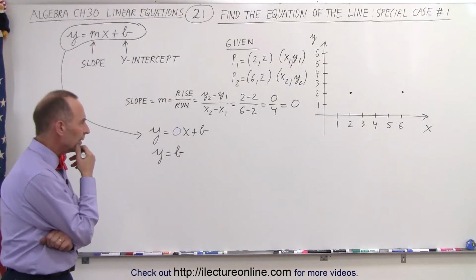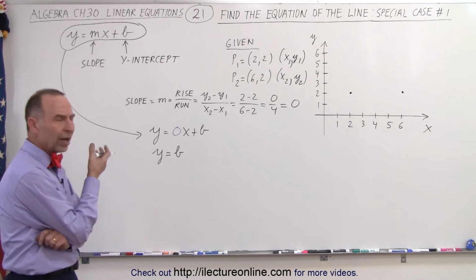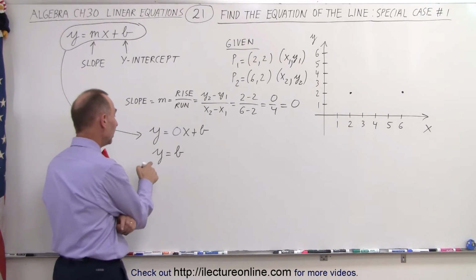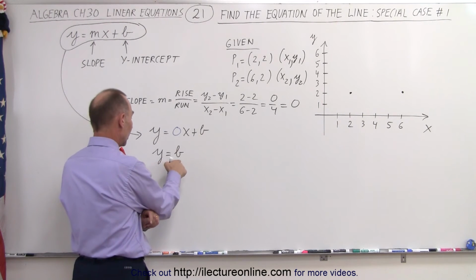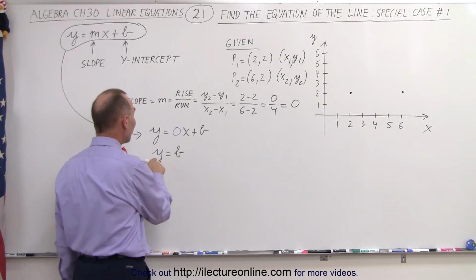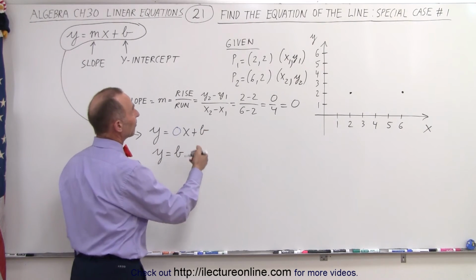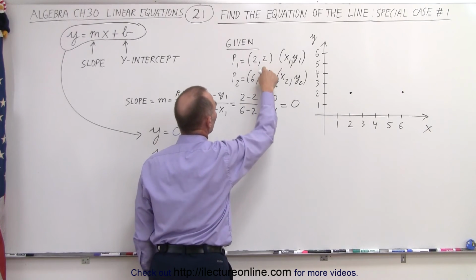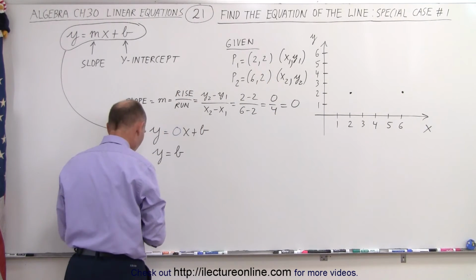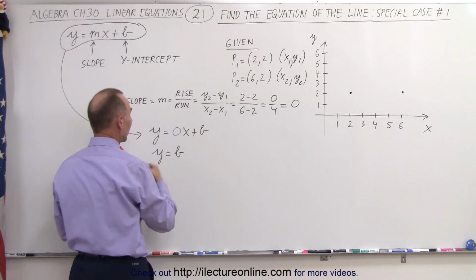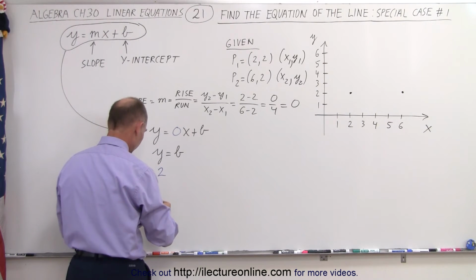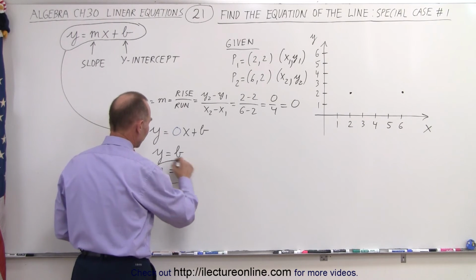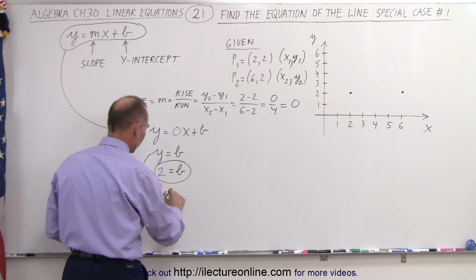All right. So how do we find the y-intercept? Well, to find the intercept, we plug in the y value of any of the points that we have. And notice the y value is the same for either one of the 2 points. So we can plug that in for y. So instead of y, we write 2 is equal to b. So now that we found the b value, we plug that in here, we get y